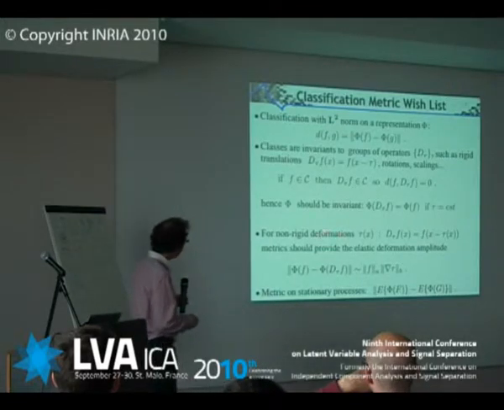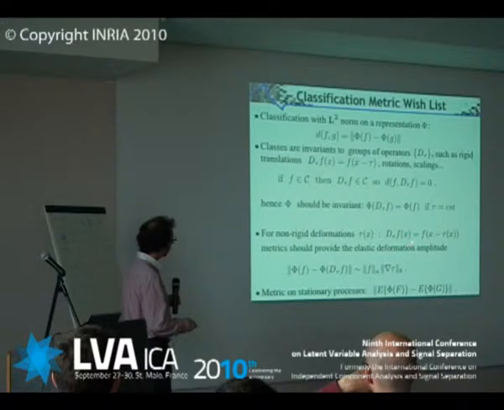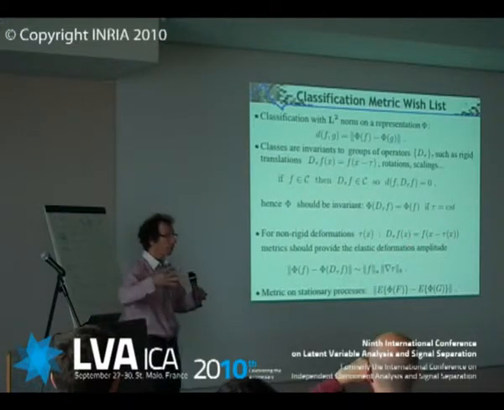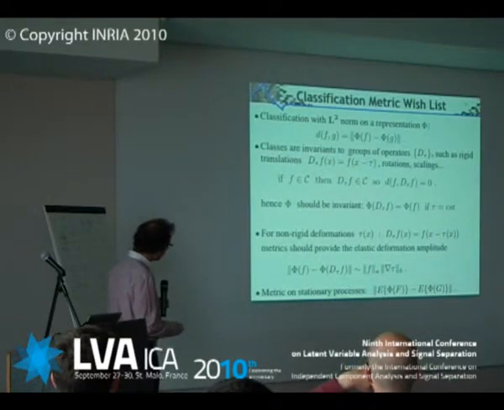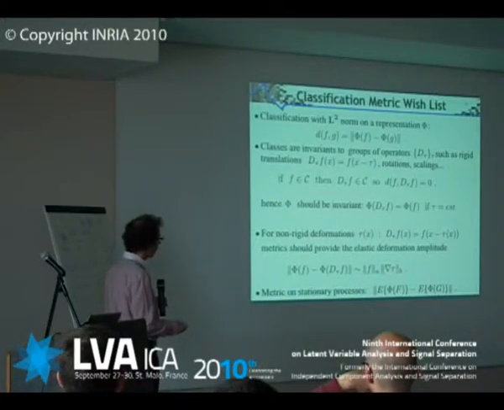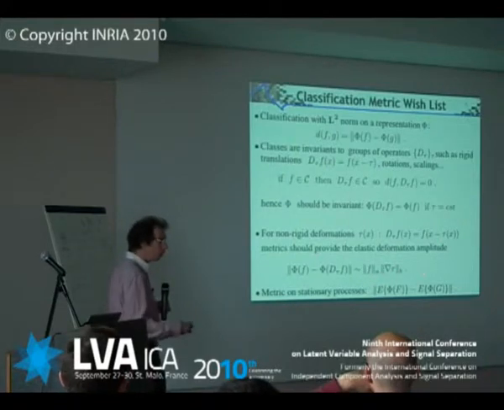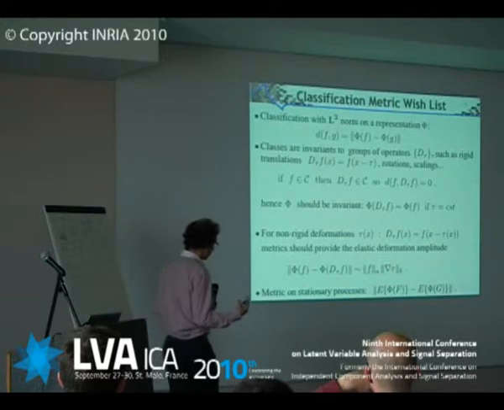So now, if I have a non-rigid translation, a deformation, think of it as an elastic deformation. Now, τ depends upon x, so it can stretch the signal. Okay? What I would like is that the distance give me the amplitude of the deformation of the elastic component, therefore the gradient of the deformation. So I would like the distance to be of the order of the deformation.